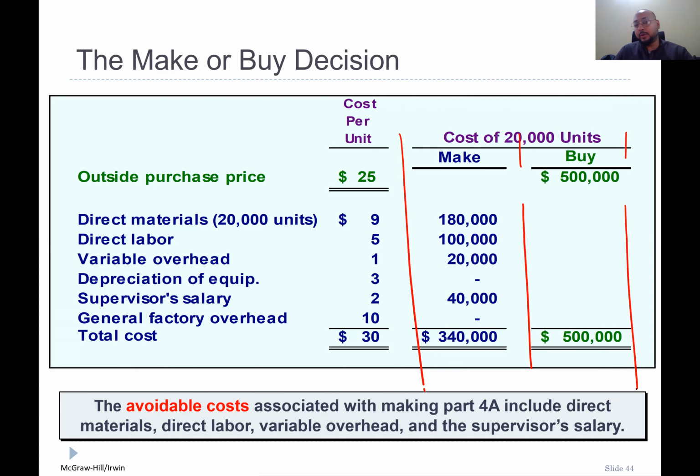If you are making it, for 20,000 parts, direct material 9 multiplied by 20,000, the answer would be 180,000. Direct labor 5 each multiplied by 20,000, the answer would be 100,000. Variable cost 1 each, so 20,000. Depreciation is not relevant, so you drop it. Supervisor salary 2 per unit, so the answer would be 40,000. General factory overhead is the same in both, so we avoid it. So you see, if you make it, it costs you $340,000. If you buy it, it costs you $500,000. So the avoidable cost of making part 4A includes direct material,